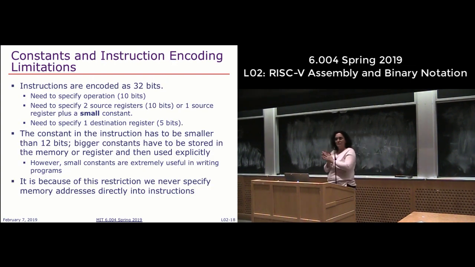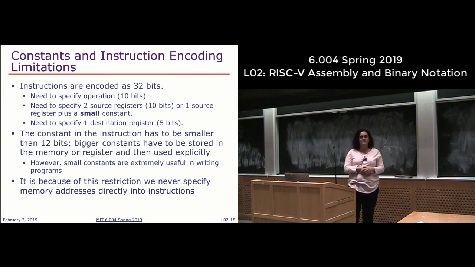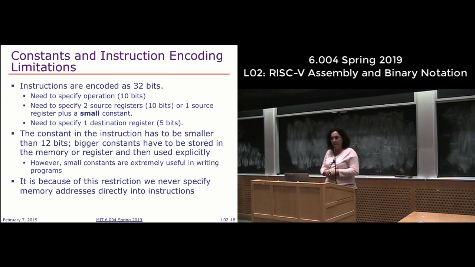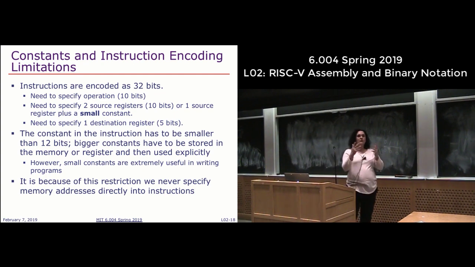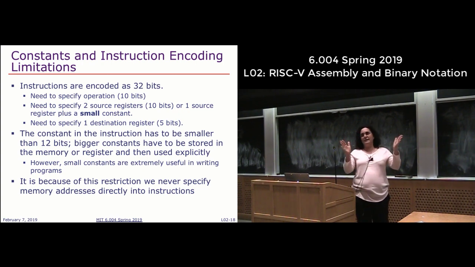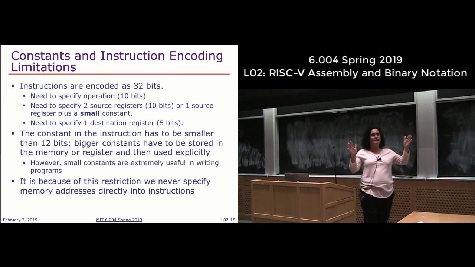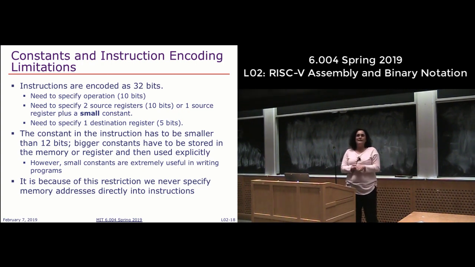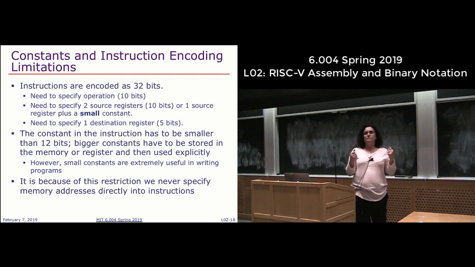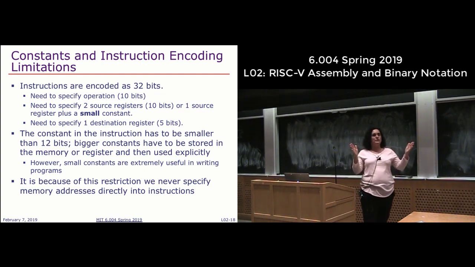So we only have a few minutes left, and a few things I still want to try to get through, and whatever we don't finish is going to be gone through in recitation tomorrow. But let's first elaborate a little bit on these small constants that we were talking about and what actually limits their size. Okay, so if my instructions are also a fixed width, they're 32 bits, just like everything else in our RISC-V, I have to be able to gather a bunch of different information out of those 32 bits